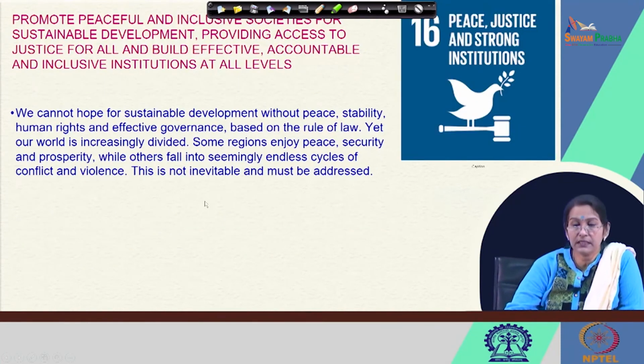Now the next SDG, the 16th SDG, is peace, justice and strong institutions. How to build a peaceful society, how to provide justice, how to have strong institutions, by providing access to all, justice to all, to build effective, accountable and inclusive institutions at all levels. That means we have to be accountable, we have to be responsible, not only in our consumption, production